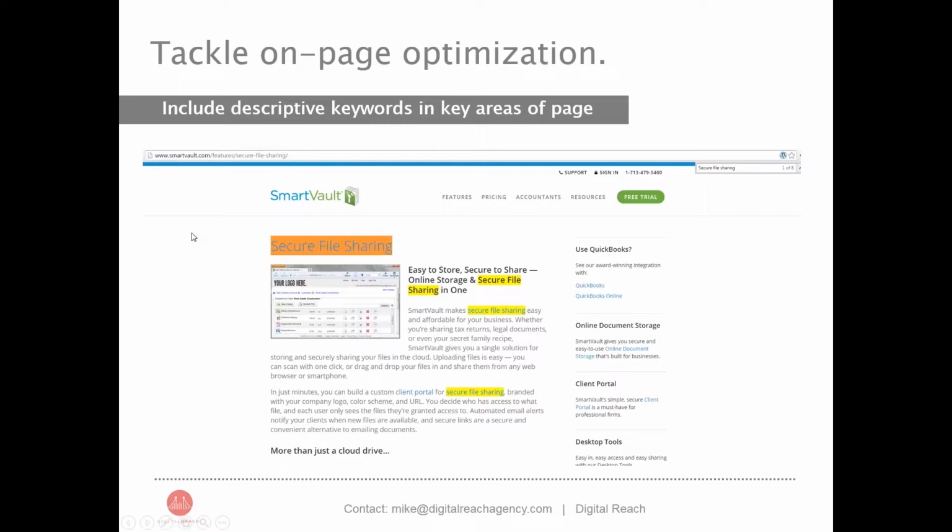So during my last web clinic, I went through an example, and I've been referencing it more and more because it's beautifully done in terms of optimization. We looked at SmartVault, and they were going after the term secure file sharing. Based off of defining what a solid SEO foundation is, they already went